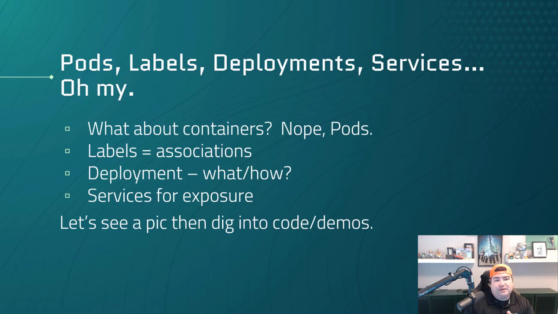And then finally, services themselves. These are an abstraction to expose an application running on a set of pods as a network service. Kubernetes will give pods their own IP addresses and a single DNS name for a set of pods, so you can load balance across them. But you want to have these attached to services for exposure outside of your cluster and make it a little bit easier for these to be understood or consumed outside of Kubernetes.